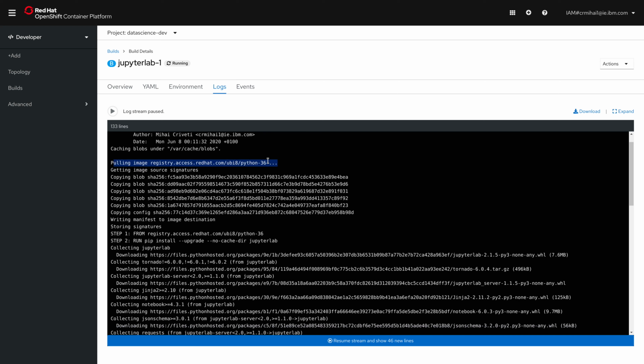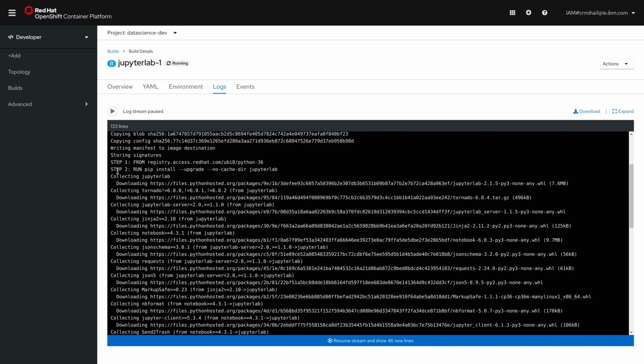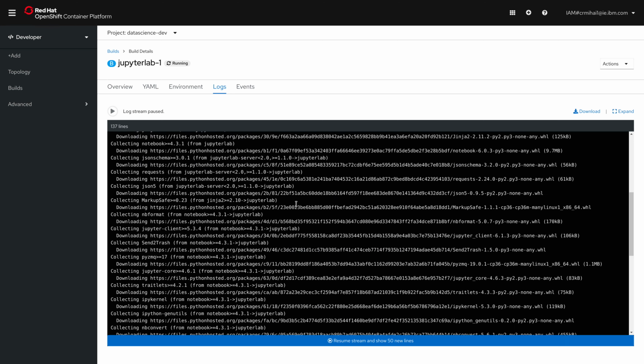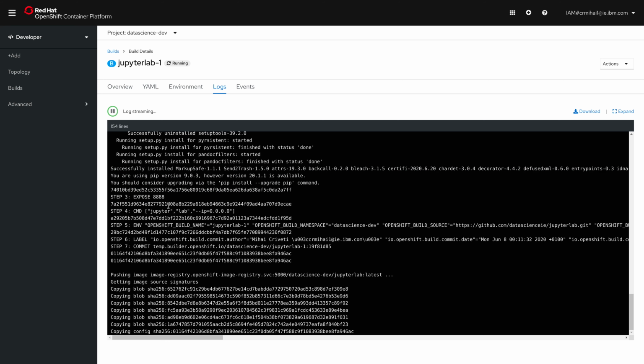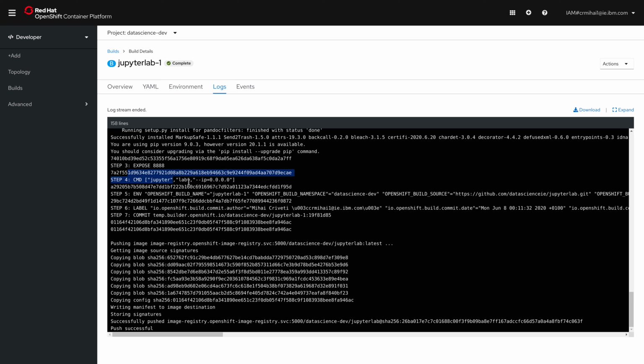So the first thing it will do is use the from image. It will pull this from access.redhat.com, and then it will perform the steps that I have in my Dockerfile to install Jupyter Lab. Once all the dependencies in Jupyter Lab are installed, it will expose port 8888 in the container specification, and then it will push the image to the container registry. So you can see here, I'm actually using the integrated image registry within OpenShift, and the image push is now